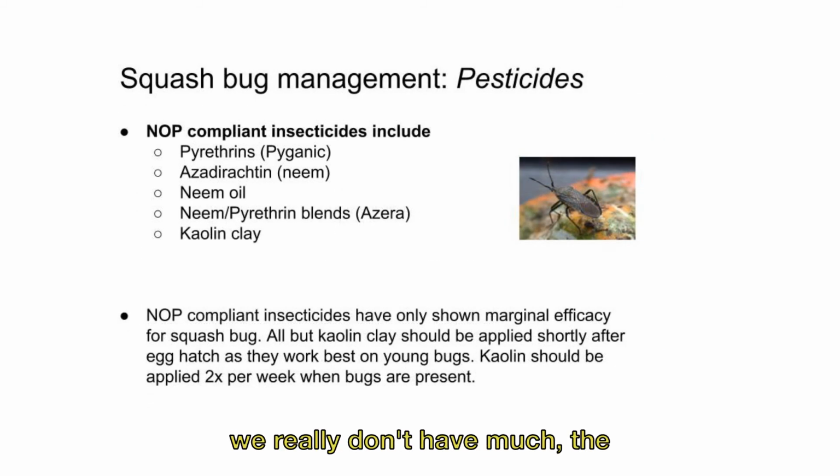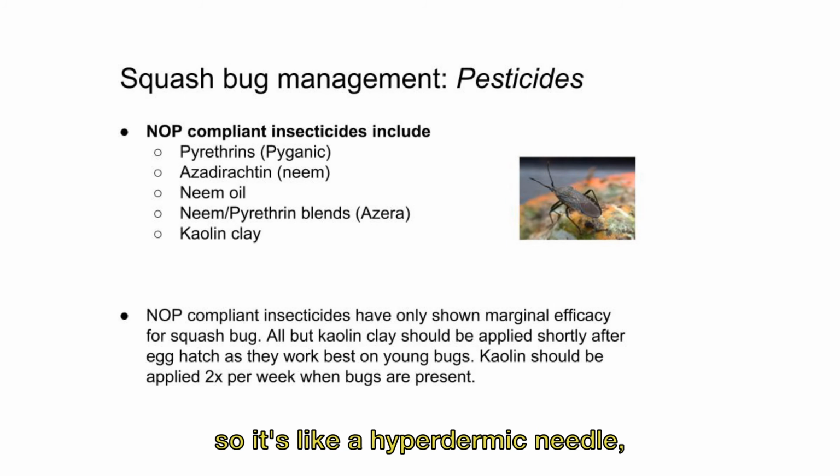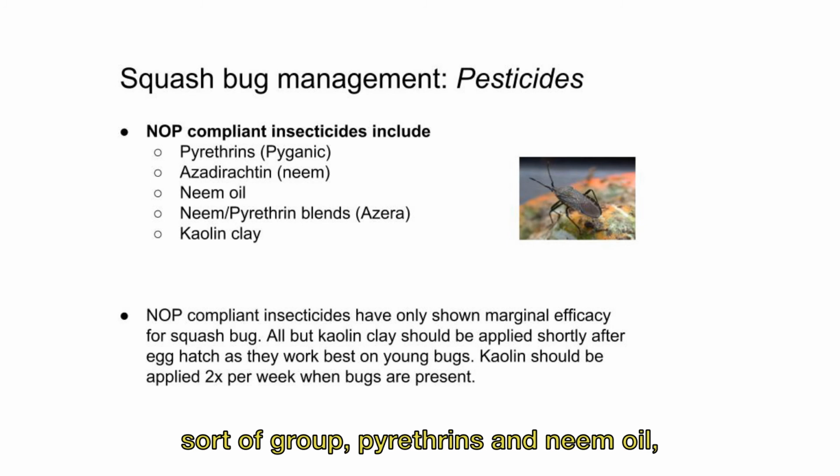So for squash bug, we really don't have much. The main reason being that, if you recall, they have piercing, sucking mouth parts, like a hypodermic needle. There's no real way to get a stomach poison into them. So anything that is going to kill a true bug from an insecticide standpoint has to work on contact. And some of the things that have been used in the past, same sort of group: pyrethrins, neem oil,